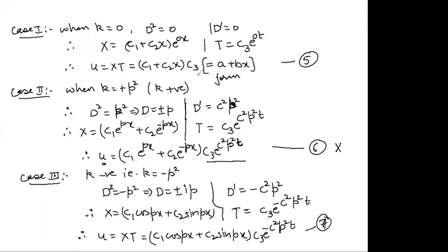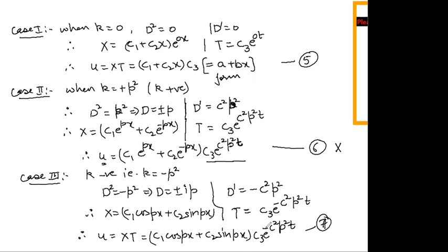ठीक है, स्टैटिक स्टेट में आप देख सकते हैं कि a plus bx, it is not having any t variable, means it is not dependent upon t. Once it has achieved this situation, so it will continue to remain in that situation. And here of course this is dependent upon t in equation 7.